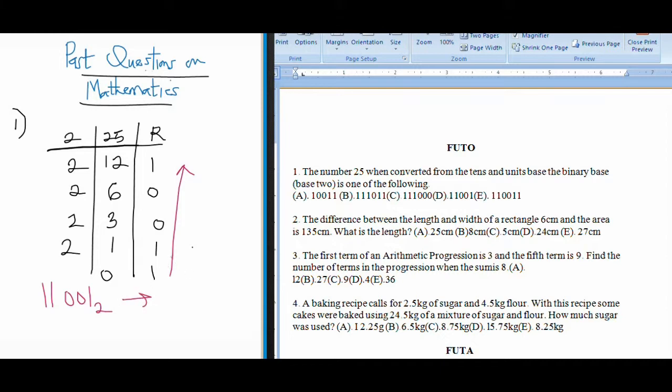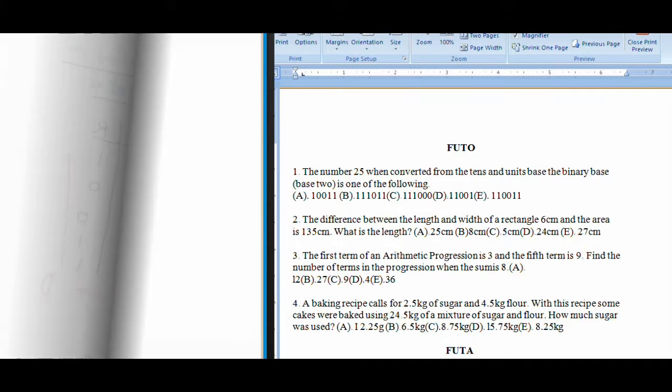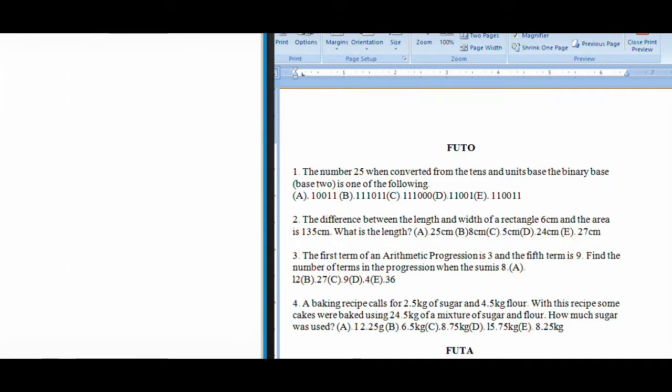The second question is: the difference between the length and the width of a rectangle is 6 centimeters, and the area is 35 centimeters square. What is the length? If L is equal to the length and W is equal to the width,